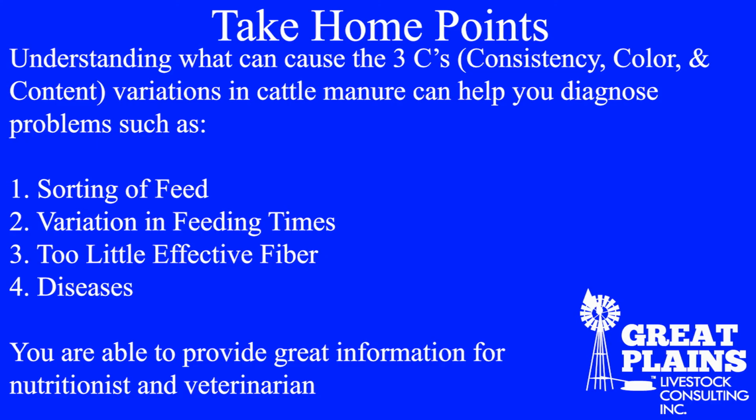In conclusion, if you know what affects manure consistency, color, and content, you can diagnose problems such as sorting feed, variation in feeding times, too little effective fiber, diseases, and more. And you're also able to talk to your nutritionist and veterinarian with better